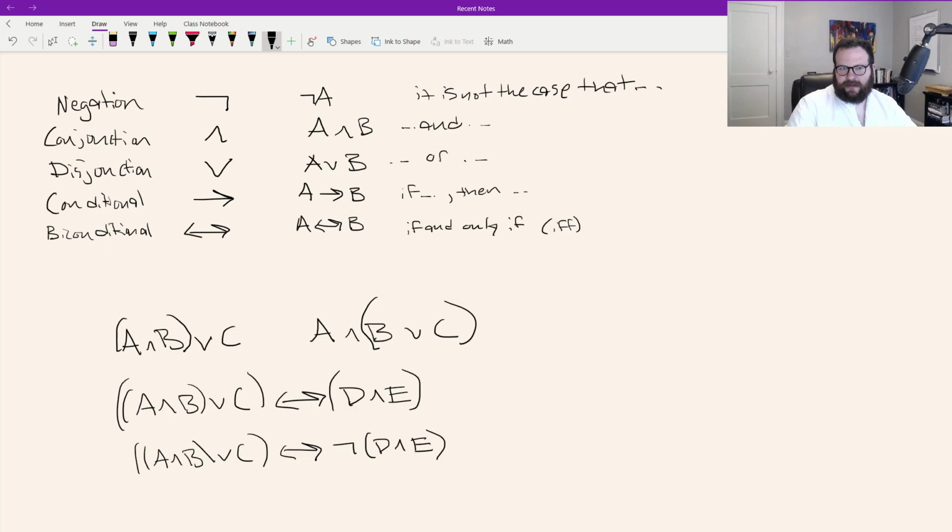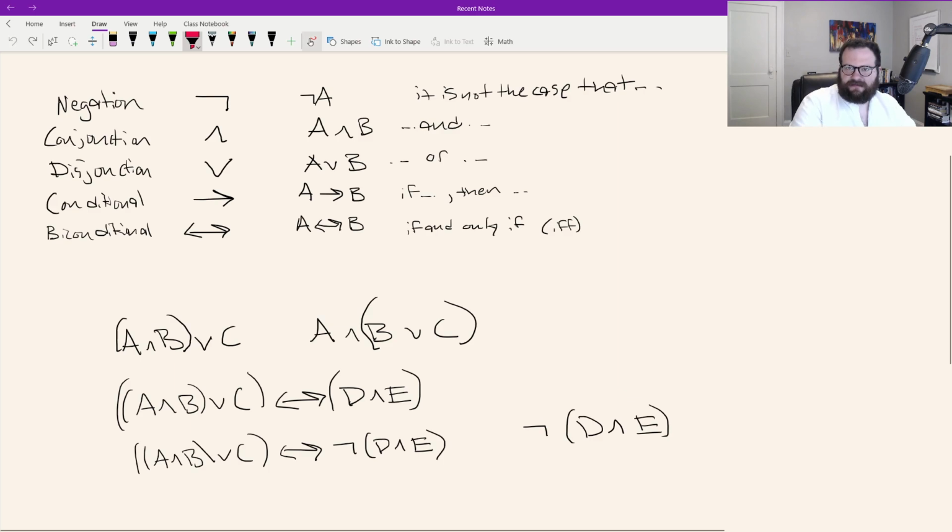There's another important little quirk here. This means it's not the case that D and E. The negation, then, is applying to the conjunction between D and E. We are saying it is not the case that D and E. Okay? Now, if we have this instead,